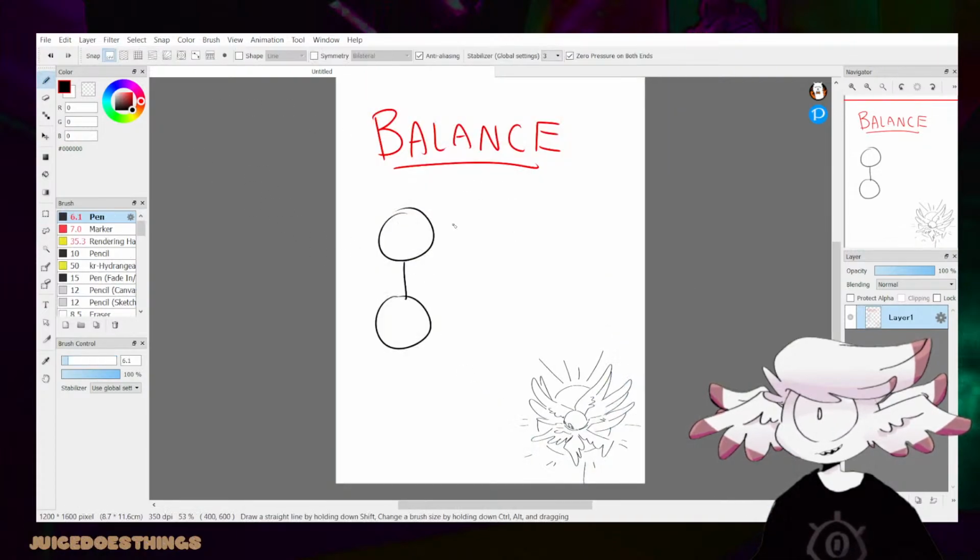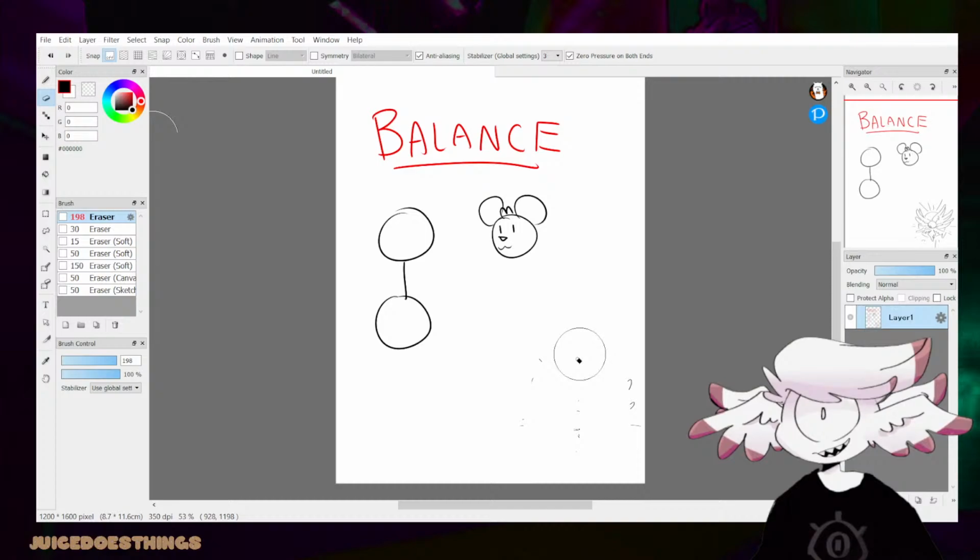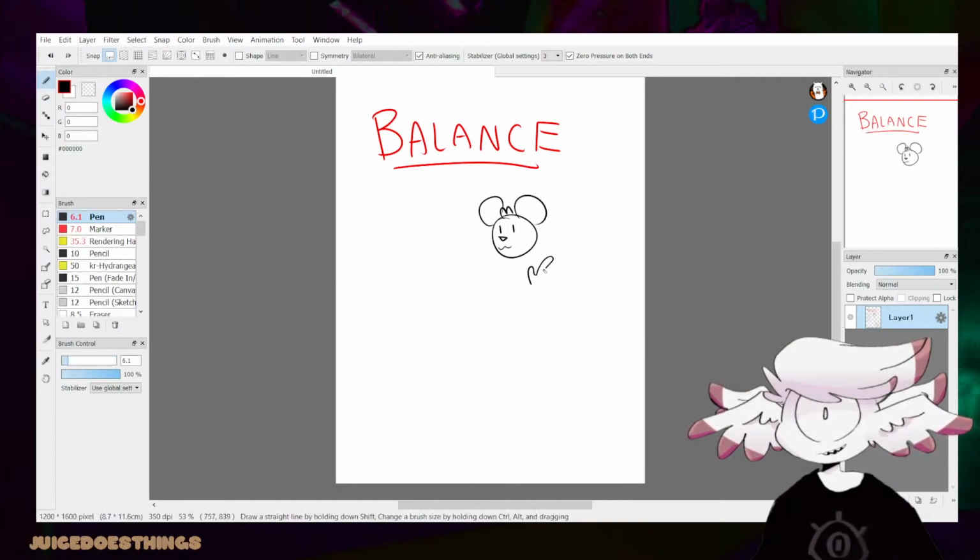Alright. So say you want to design something like a mouse, a little mouse character. Okay, maybe you're not a furry, but let's just say you want to design a mouse character. You have their basics of what you want down for their head. That's a mouse. That's unmistakably a mouse. But you're not sure how to go about the body, because part of you wants to go for a little anthro-like design, a little human-like design. Maybe that's fine. I don't really mind how people design their mice. But,